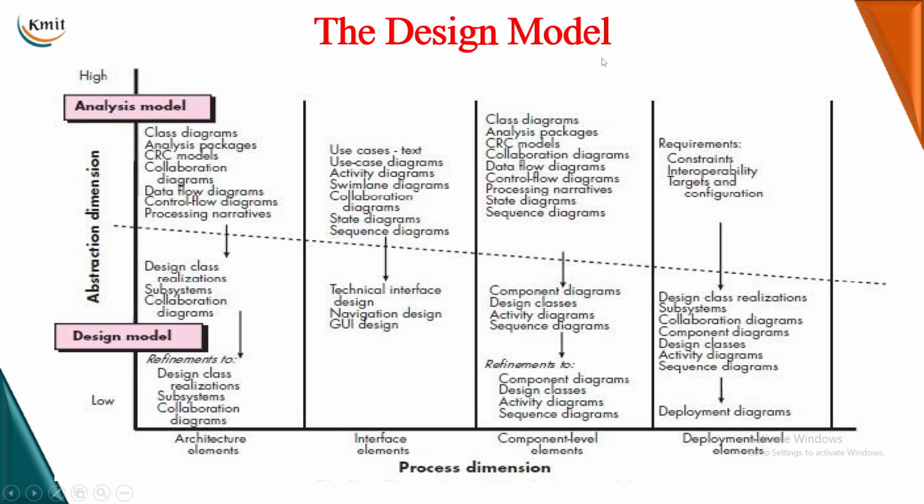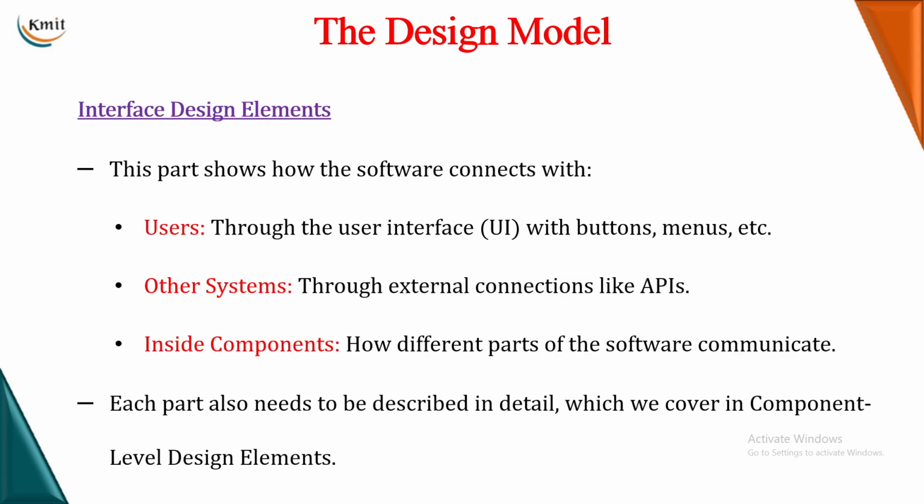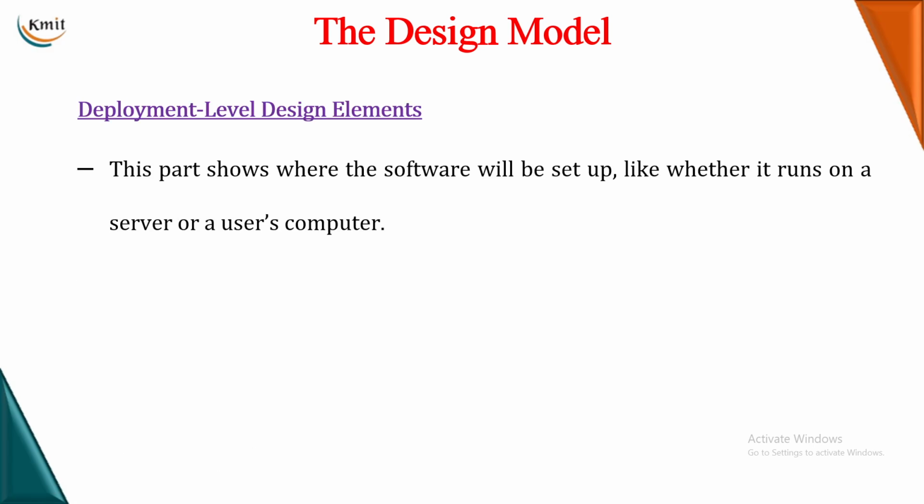Using these 5 different types of elements, I will be able to successfully create a design model which gives me the detailed plan of the software from different perspectives. To give this design model, I will be using UML diagrams. You know that we have 9 different types of UML diagrams: class diagram, use case, sequence, activity, state chart, component and deployment. All these diagrams will be talking about these 5 different elements. Each diagram is used for different types of elements.